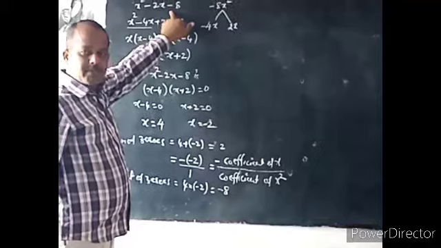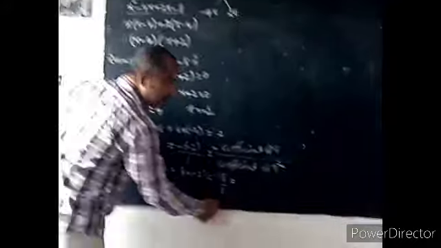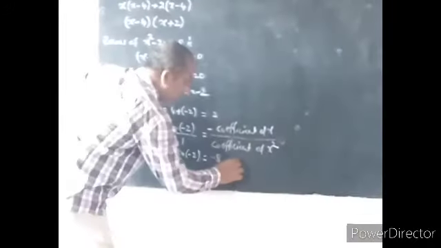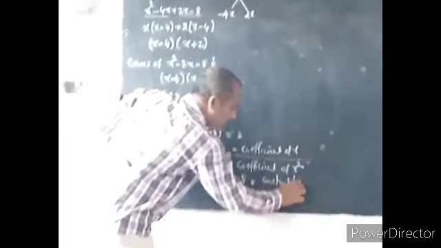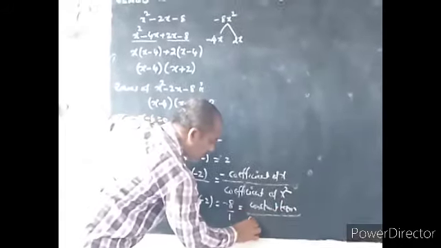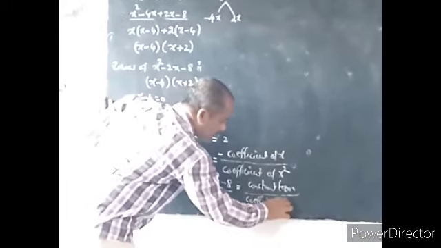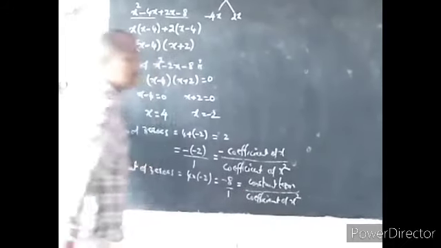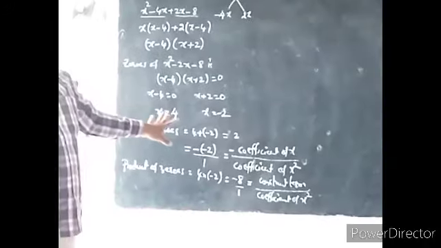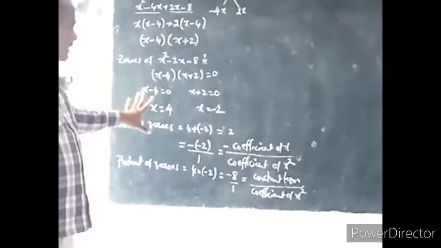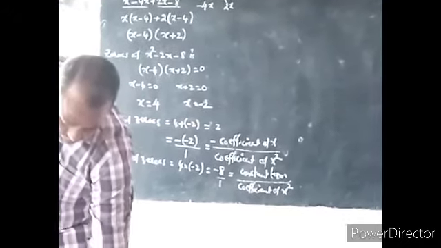As usual, it can be written with no number in the denominator, by 1. Now it is the constant term by coefficient of x square. Now this is the relation between the coefficients of the polynomial and zeros. In the same manner, we already discussed yesterday. Today also we have some more problems in this.